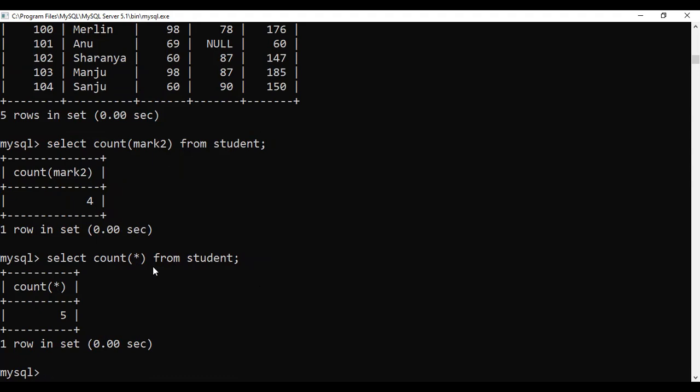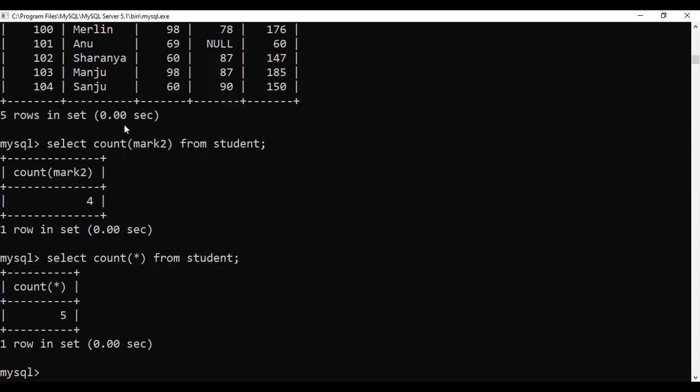So this type of case study question will come: he created a table and wrote the command select count of mark 2, where mark 2 is a column, and he got the output as 4. But when he wrote another statement, select count star from student, he got the output as 5. Why? Justify your reason.